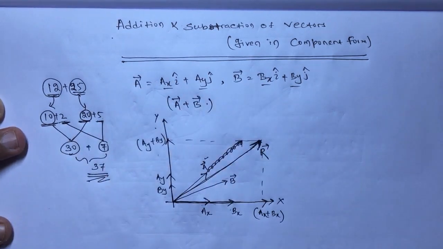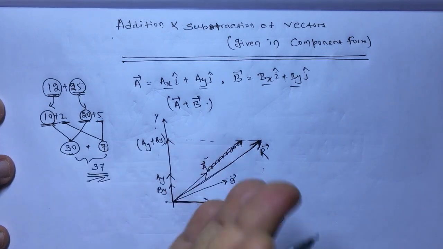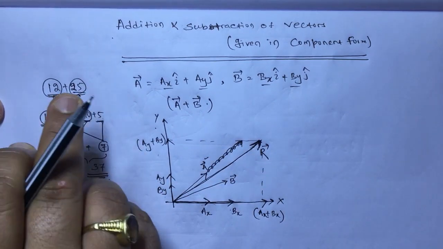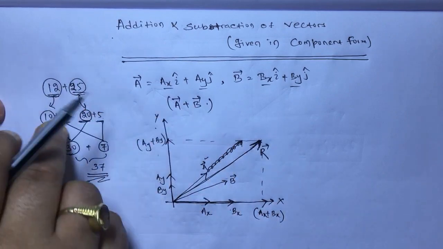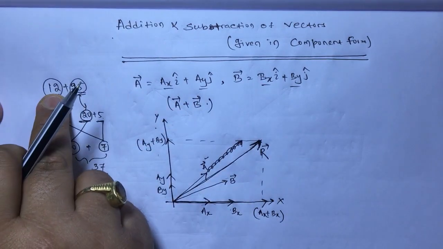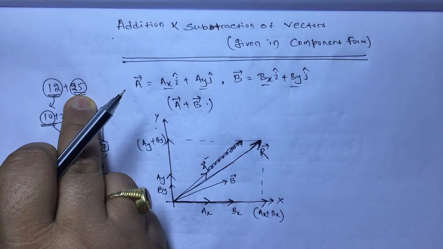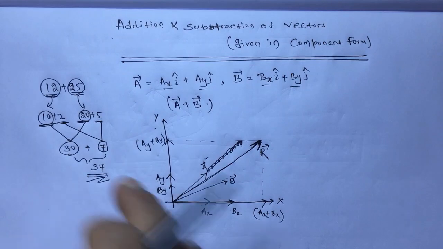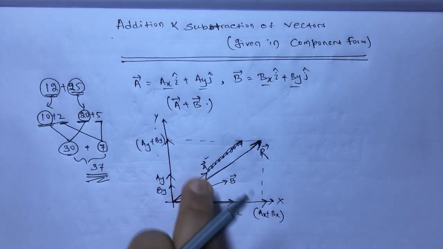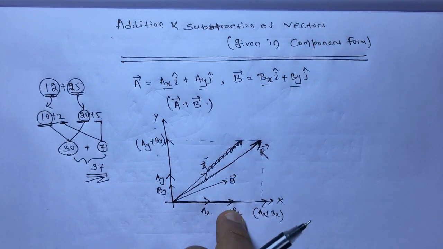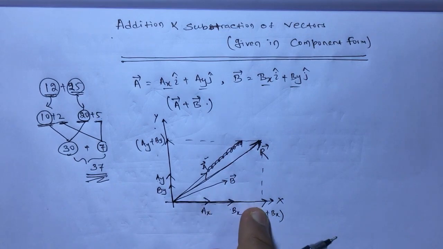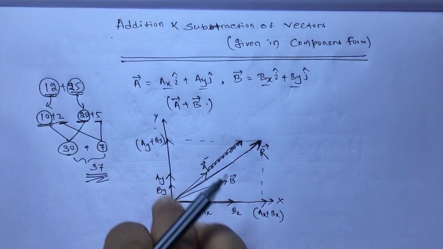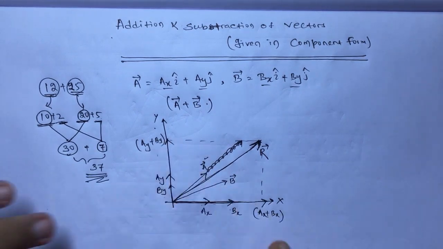So the same thing I am doing here. I am not going to add a vector and b vector directly, just like 12 plus 25 I am not going to add directly, rather I am dividing it into simple numbers. Here 10, here 20, how much answer? 30. Then here 2, here 5, how much answer? 7, then add them. The same thing I am doing here. For this it is ax, for this it is bx, simply add them because they are at 0 degree. Similarly for this ay, for this by, simply add them because they have 0 degree angle. Now you got the answer.